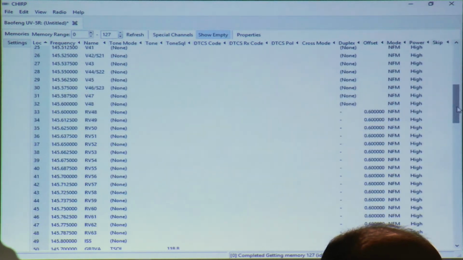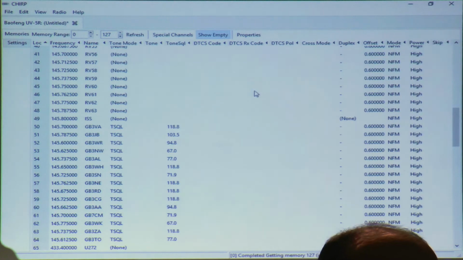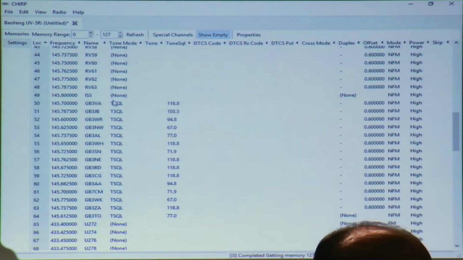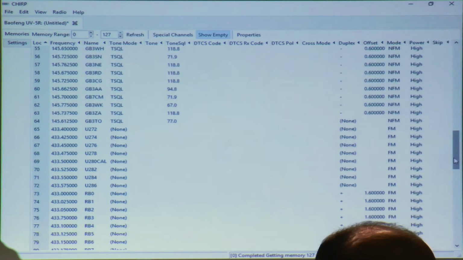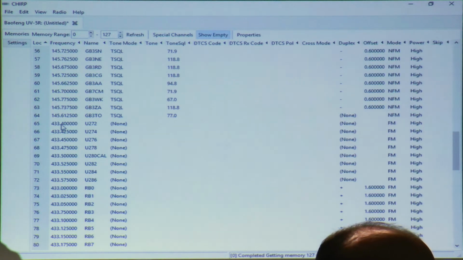So as you can see, as I went down, after putting in the repeater frequencies, I then put in a whole load of the local repeaters that I'm possibly likely to use in there, obviously including WH, SN down in Southampton, down that way somewhere. Farnham, that's it, yeah. In there. And then after that, I started the rest of it from channel 65 onwards, did exactly the same